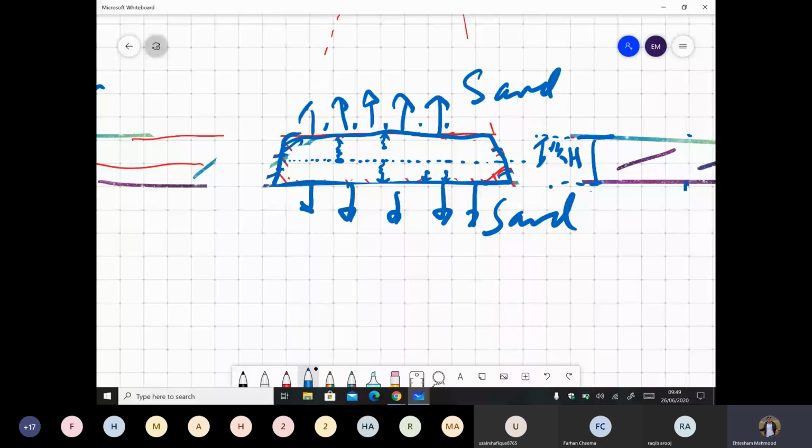The water that is below the center line of the clay layer, Terzaghi says, will move downward. And the water that is above the middle line of the clay layer will move in the upward direction. So all the water in the red hatch will move upward, and the maximum distance that the water has to travel is h/2, that is half the thickness of the clay layer. And the water below the middle line has to travel in the downward direction, and once again it has to travel a maximum distance of h/2.